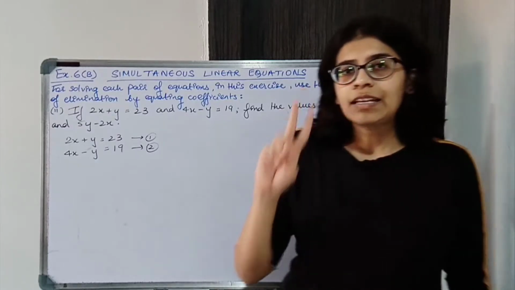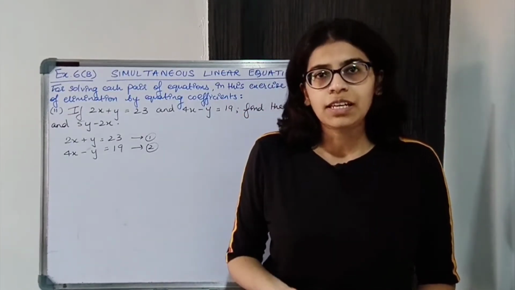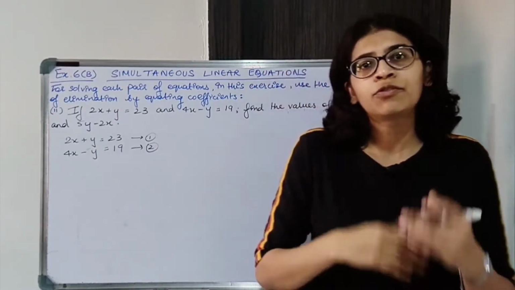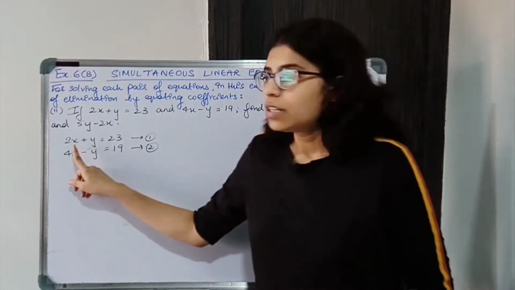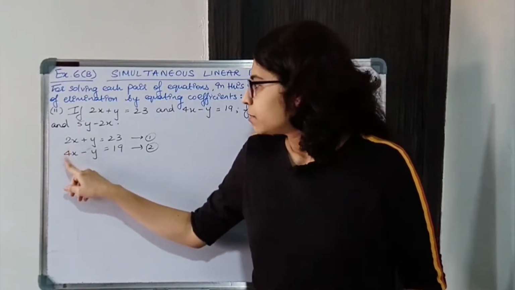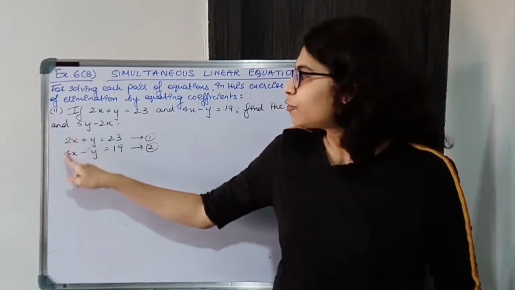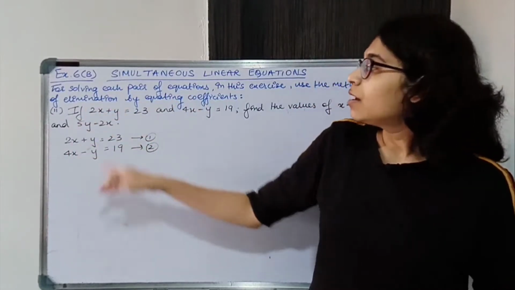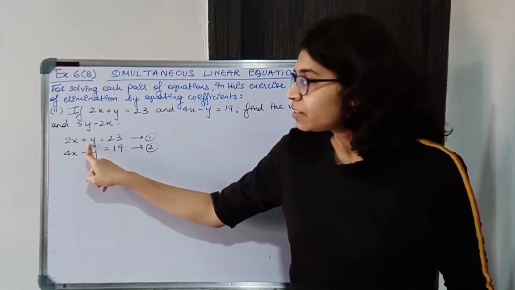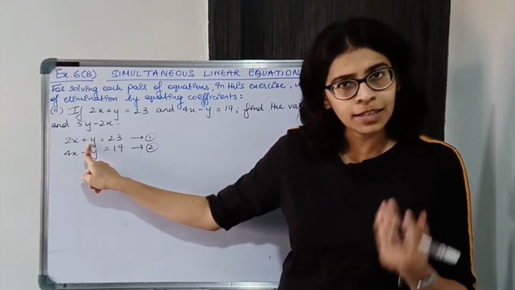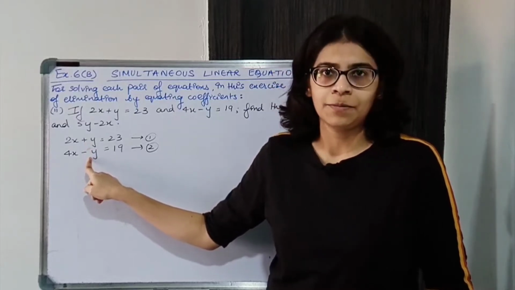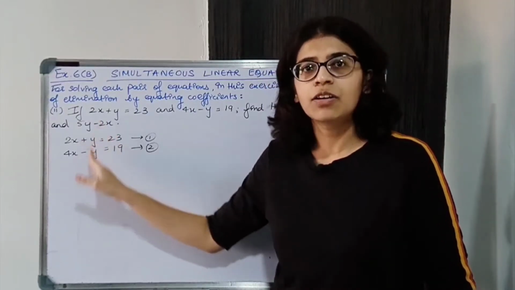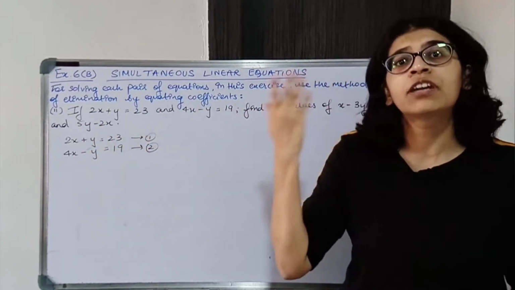Now, second step, we will make the coefficients equal. So first check the coefficients. If they are equal, then good. If they are not, then you have to make them equal. So for x and x, here the coefficients are 2 and 4, so you have to make them equal. You have to multiply this by 2 in case you want to cancel out x. If you want to cancel out y, the coefficient here is 1. Nothing is there, it means it is 1. Here also it is 1. Already coefficients are the same, so it is better we consider this only. We'll cancel out y. So second step, coefficients are already equal.